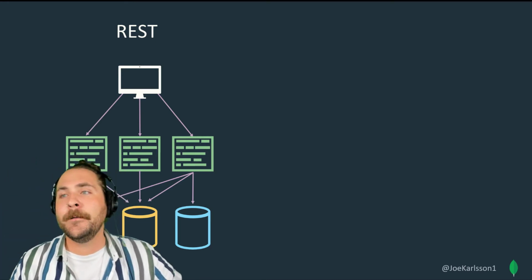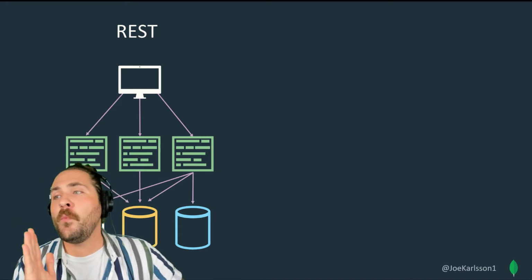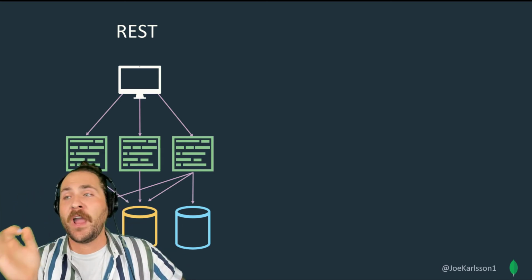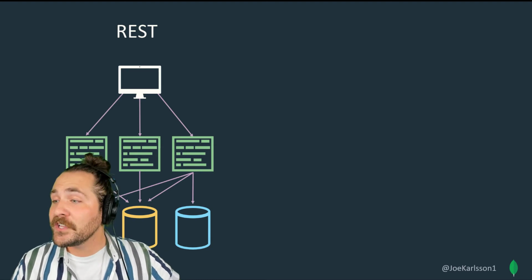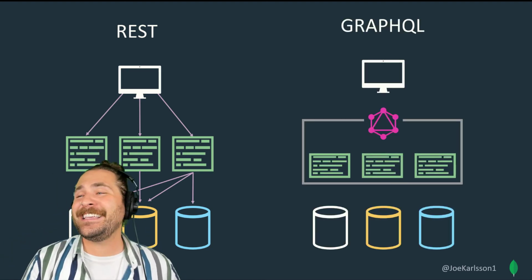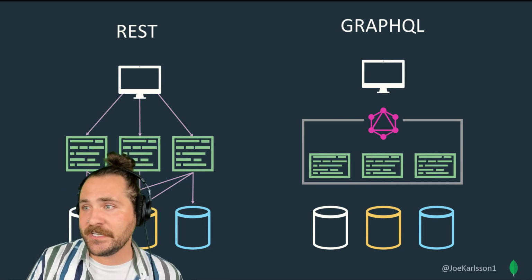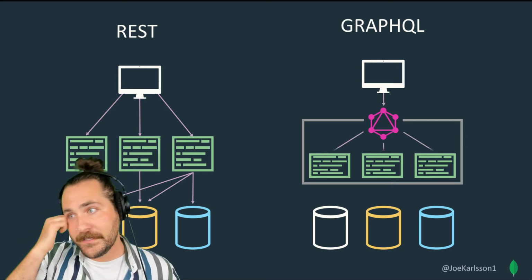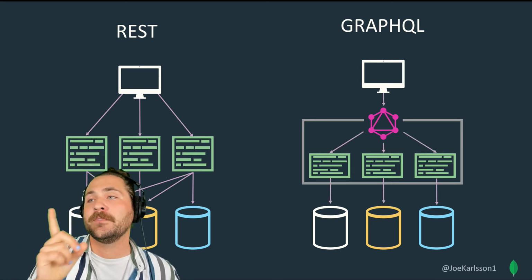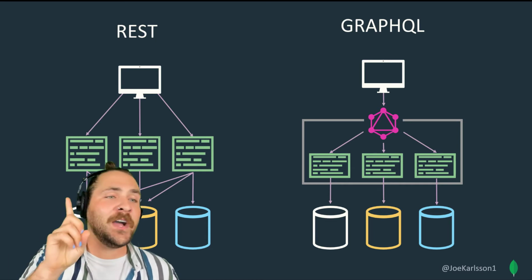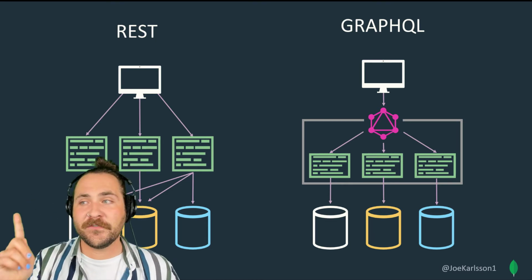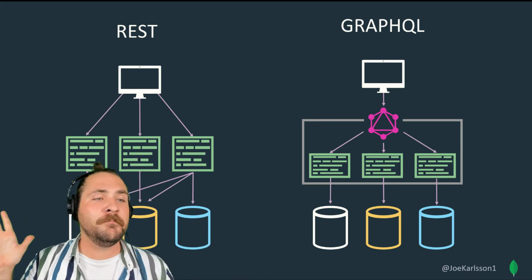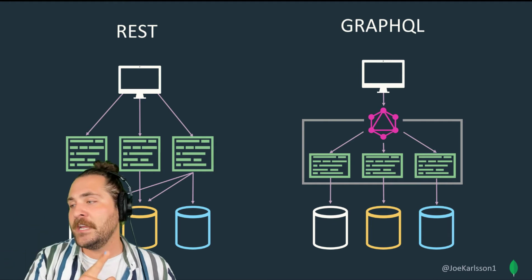I know I have. Now, I think it's helpful to show some of the difficult parts about REST and explain the problems that GraphQL is solving. So GraphQL works a little bit differently. So instead of having to hit several different services using a RESTful API, what you're doing is hitting a single GraphQL endpoint, and GraphQL is responsible for hitting up those services for you. It's one unified standard for all these different services. Could be tons of different parts of your product domain, right? It's responsible for getting what you need from a single endpoint.